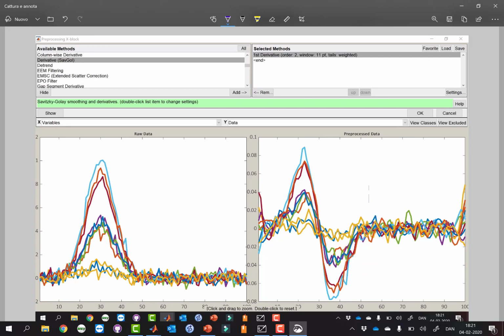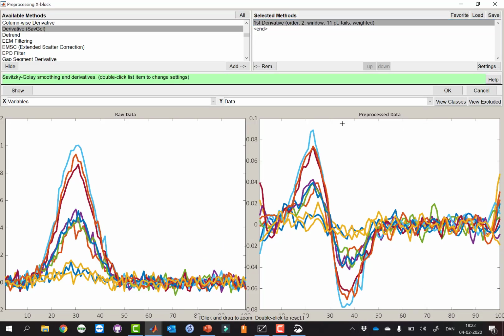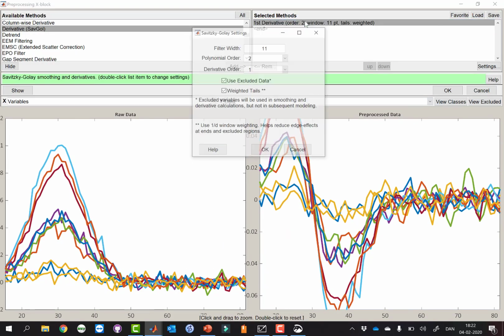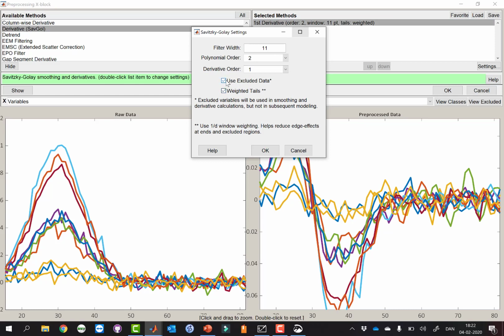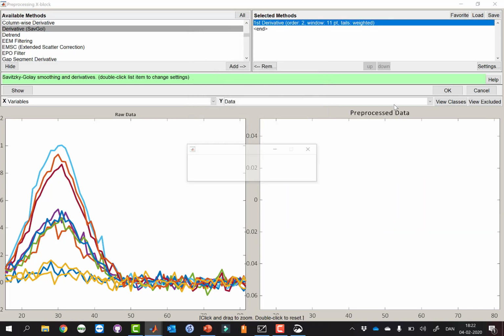So what you can do is tell the software to calculate the derivatives using all the points, even though some of them are excluded later on. That's what this setting is about. It's not relevant right here, but it might be if you are doing variable selection, for example.